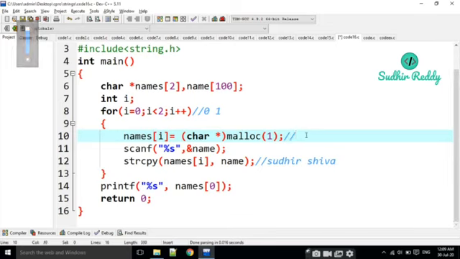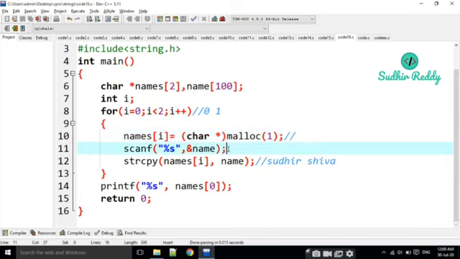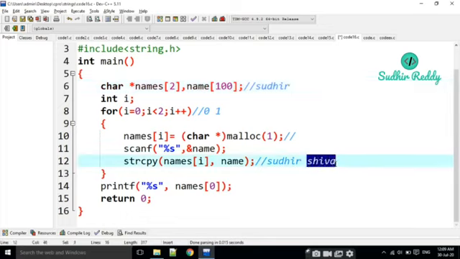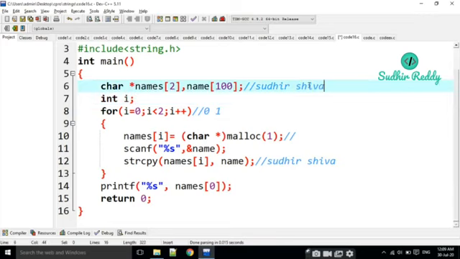Here I am going to save that, and I am going to read the name as Sudhir first of all. Then I am going to copy Sudhir into names of 0. Then it is automatically saved like this. And I am going to read one more string that is going to be placed here like this.